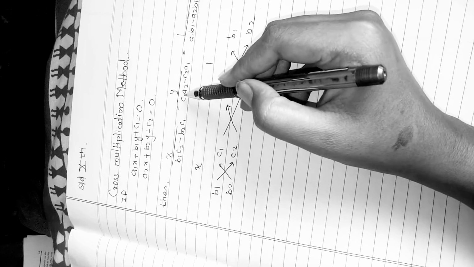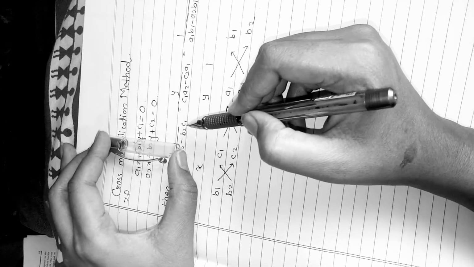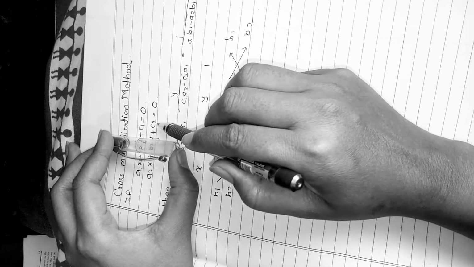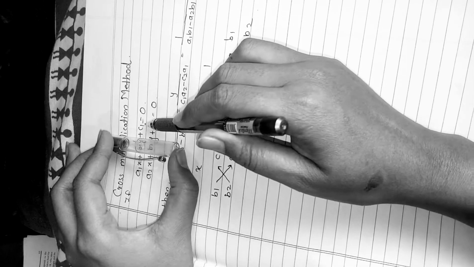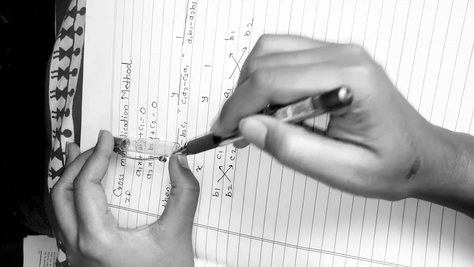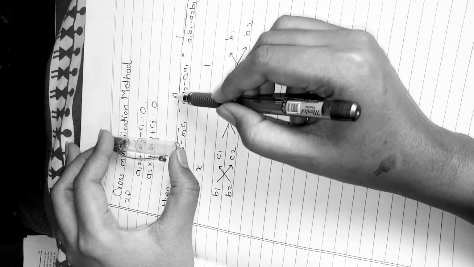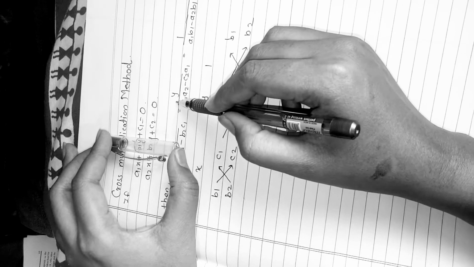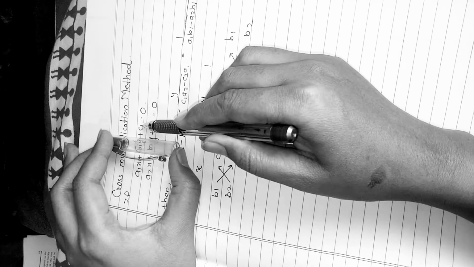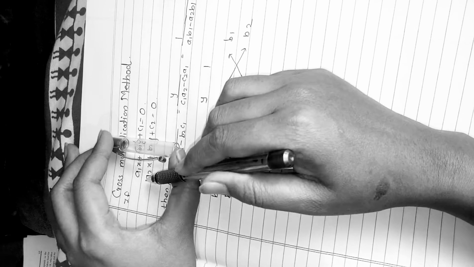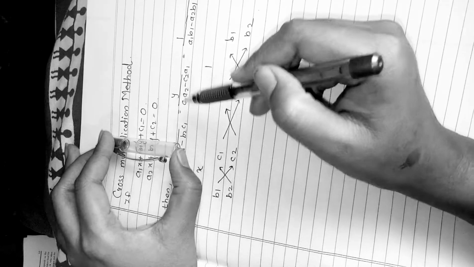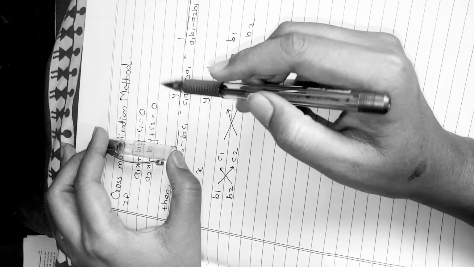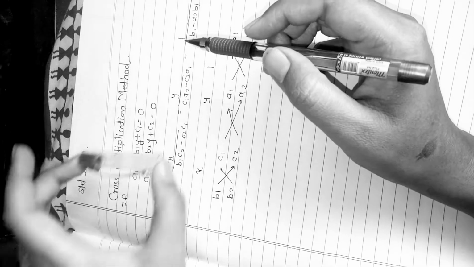Then the value of y is equal to, we delete the column of y, then here we take a1 c2 minus a2 c1. When we take this type of cross multiplication, the sign is minus. If we take the sign plus, then we multiply c1 a2 first, c1 a2 minus c2 a1. So we can take either of these.